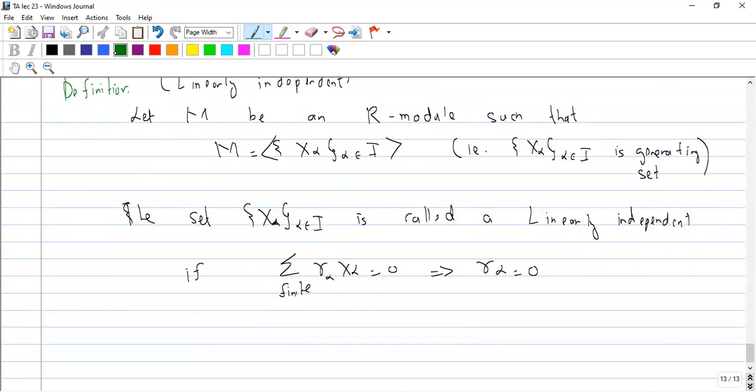So the meaning of this condition is that if any finite subset of the generating set is a linearly independent set,